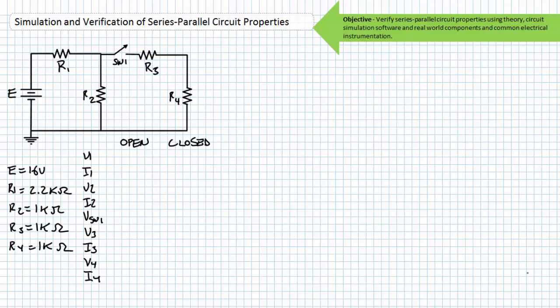Today's topic of discussion is software simulation and experimental verification of series parallel circuit properties. Today's lecture has three objectives. First, we'll use circuit theory to calculate expected values for a series parallel circuit. Second, we'll make use of circuit simulation software to simulate the same series parallel circuit. Finally, we'll verify both our calculations and simulation and build the series parallel circuit using real-world components and common electrical